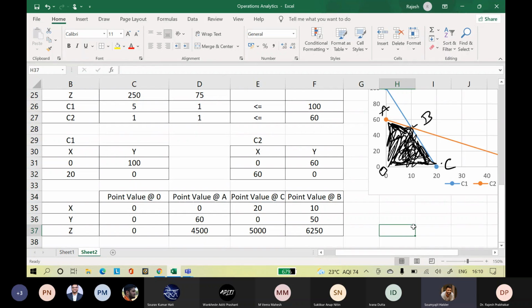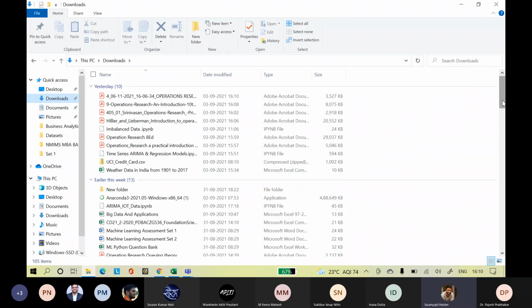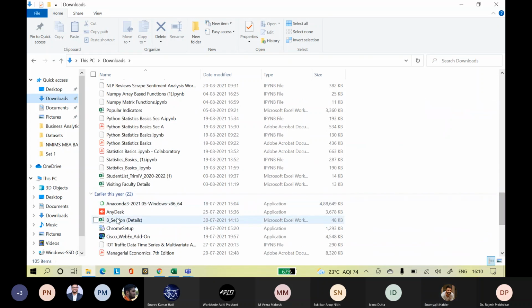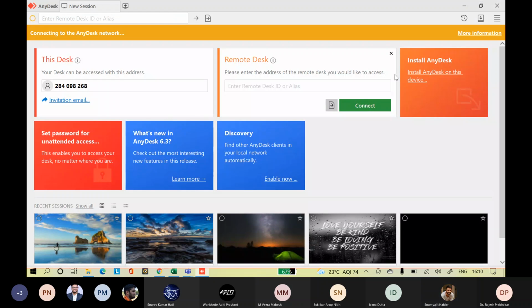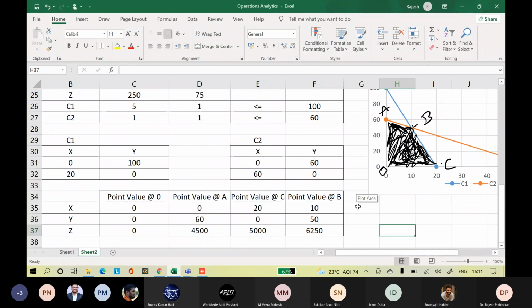Sir, I put the bracket, but I'm still getting the error: you have entered too many arguments. Let me check it. Okay, just 1 minute. AnyDesk is a small software, just download it. Yeah, I have it, sir. Just give me that number, I'll correct it. So other participants, did you get the answer? So this is the best possible.